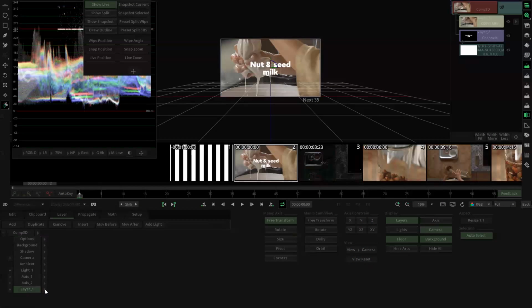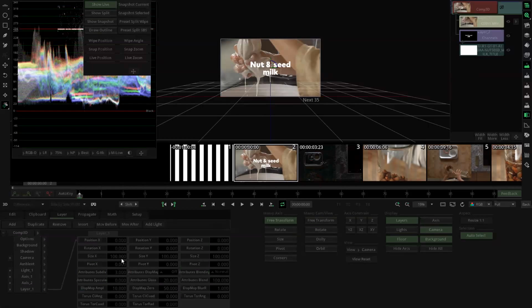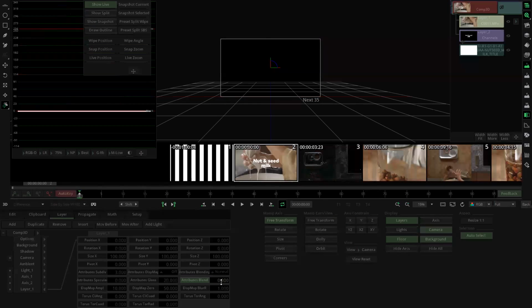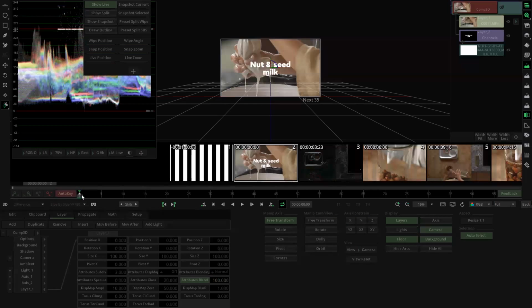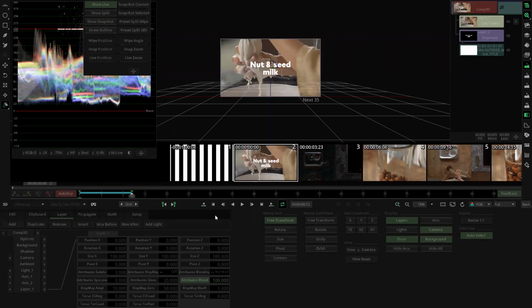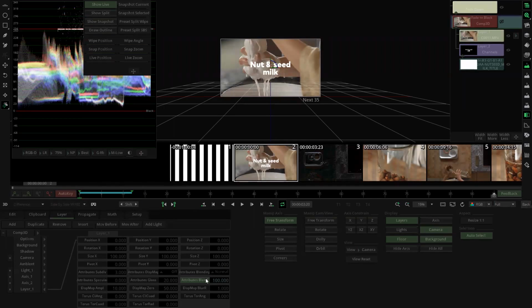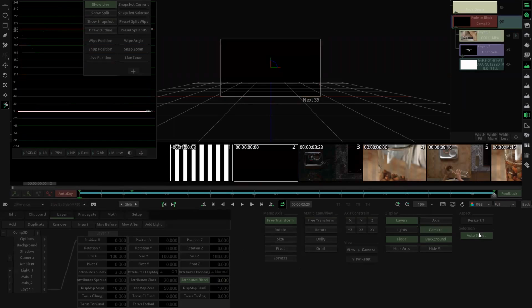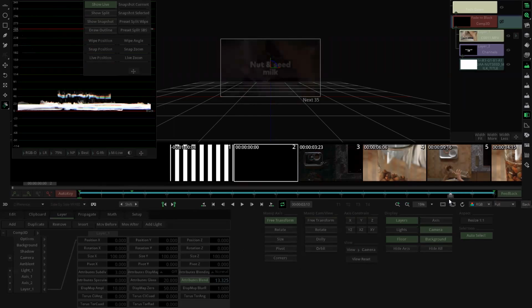So I come here to layer number 1. And in attributes blend, I alter key and say, okay, yeah, this is going to be 100. 12 frames later, no, sorry, it's going to be 0. Yeah, sorry, got confused there. 12, 100, and then same thing the other way around. Here, it's going to be 100, and then